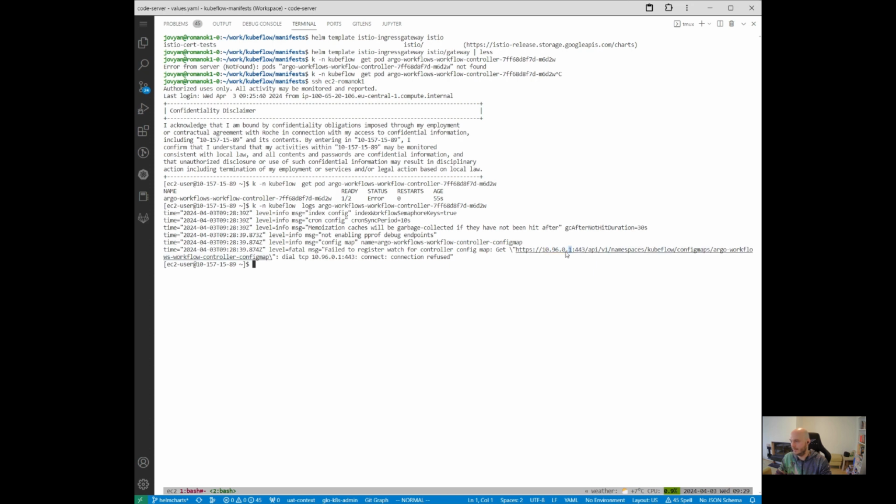Let's see what this IP is responsible for. Okay, so this is the Kubernetes service. This is related to